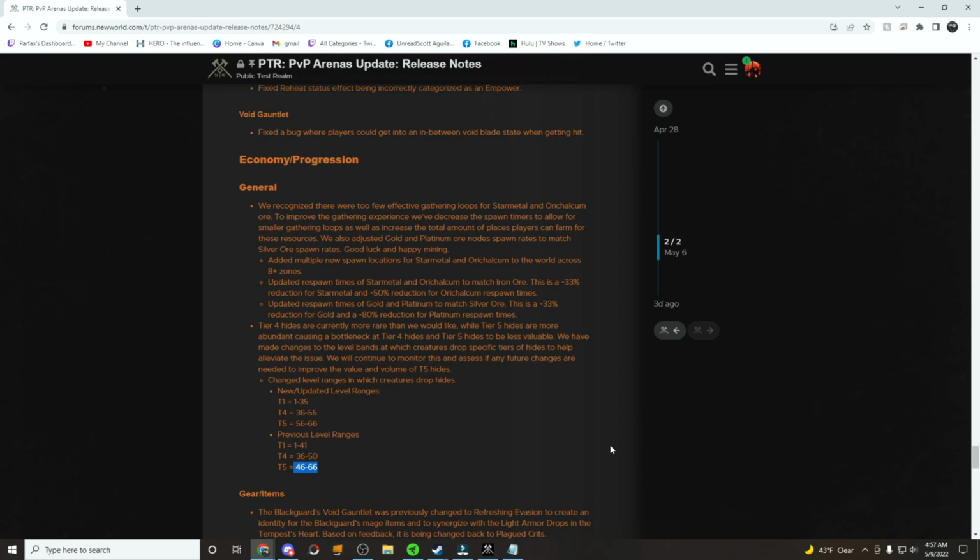It's not going to be as easy to find a spot next patch when it's 56 to 66, which means there's going to be less iron hide in the market, which means the price of iron hide is going to go up. And there may be a case to be made that smolder hide and scar hide is going to go up as well. I don't know that to be true because we don't know how much they've tweaked the